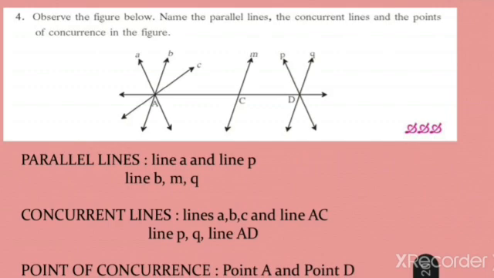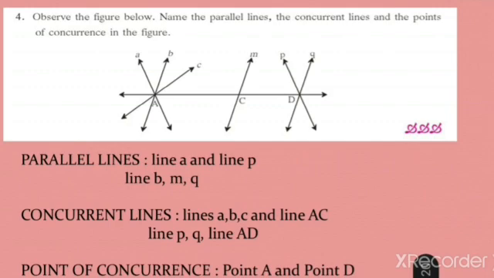We also have some other set of parallel lines. If you observe, line B, M and Q are parallel to each other. That is, they will never meet. So we have 2 sets of parallel lines, line A and line P, and the other set, line B, M